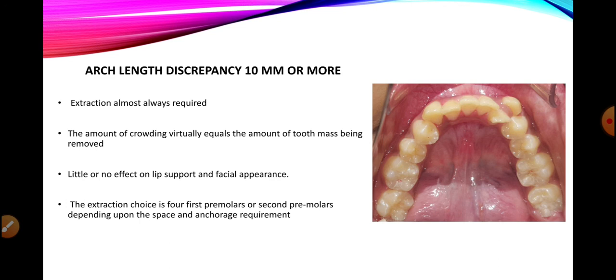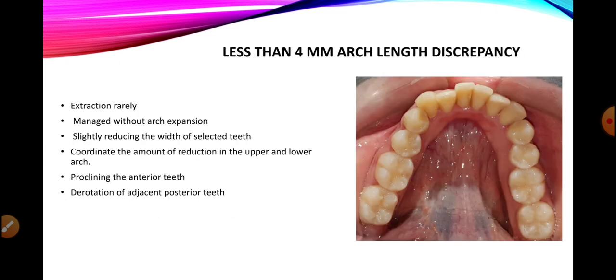So in cases of severe crowding, usually extraction is always considered favorable. It will not be affecting the lip support much. But when we talk about the mild crowding, we said that extraction is rarely advised. Why? Because if we extract the teeth, then 4 millimeter of crowding will be relieved in that space. Other space has to be utilized by retraction of the incisors or bringing the molars forward. So if you will be retracting the incisors, it will be affecting the profile of the patient. The lips will be retracted, and the profile of the patient will be affected.